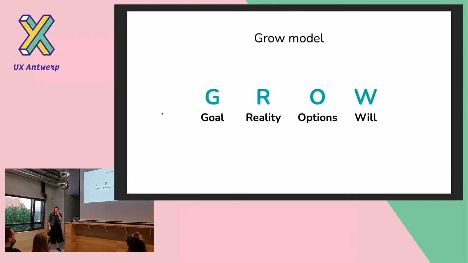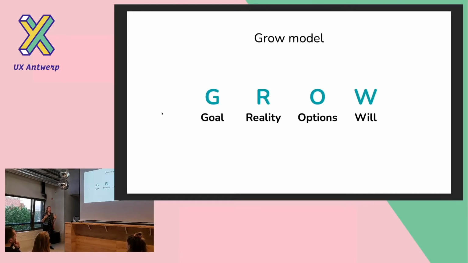And I always think, well, I learned this last year: if you want to teach people and if you want to coach people to grow, then you have to have conversations about where they want to end up. So this model is about growing. It says grow, but it's about what is your goal as a professional or as a person? Where do I want to go to? What is the reality? Where am I at this moment?